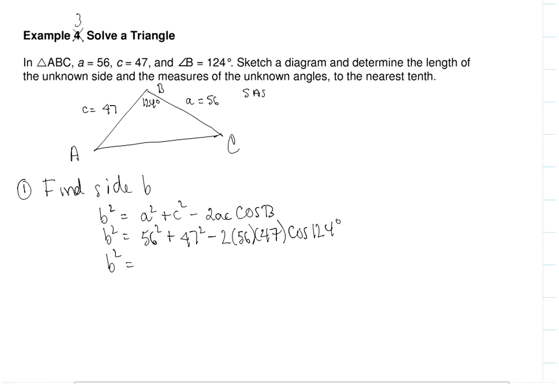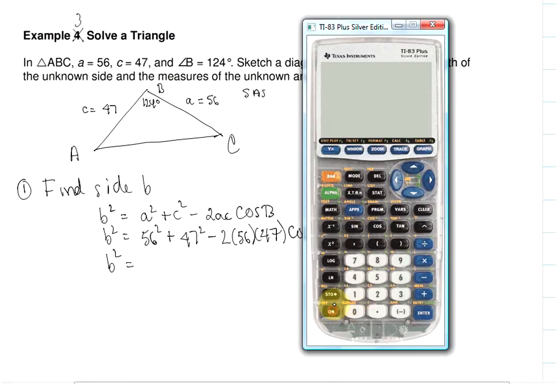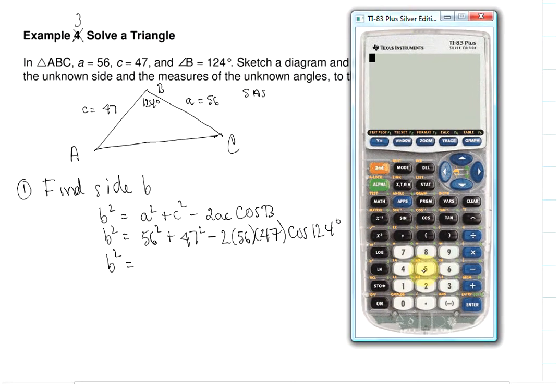We're going to put that into our calculator. So 56 squared plus 47 squared minus 2 times 56 times 47 times cos of 124, and that gives me